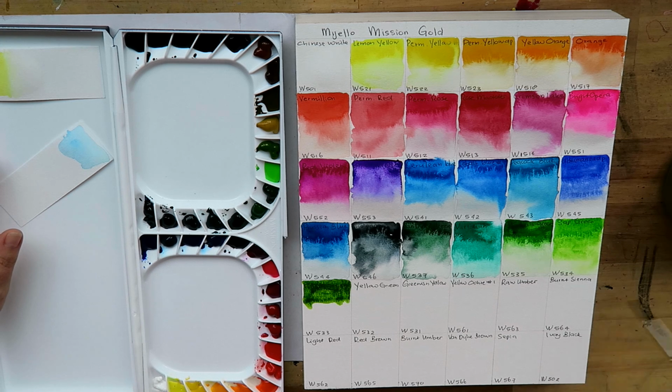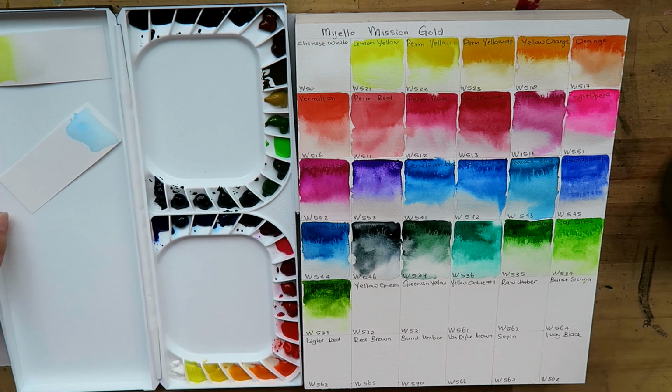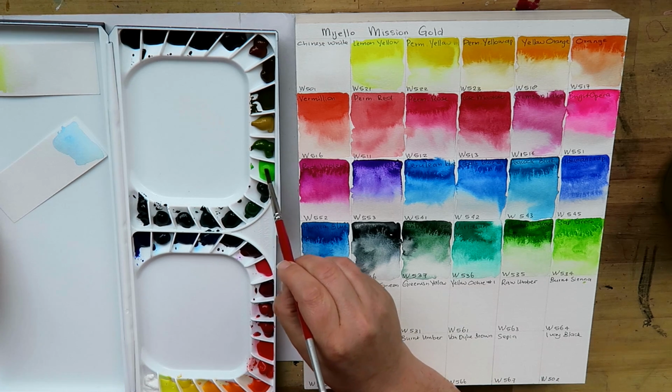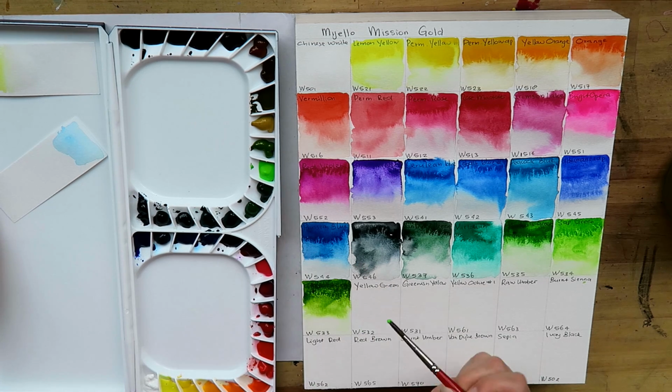Oops. I like it. It's a beautiful warm color. Then we move on to yellow green, and yellow green looks like Kermit. It's incredibly...